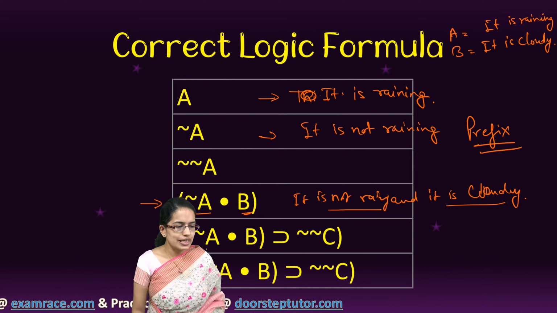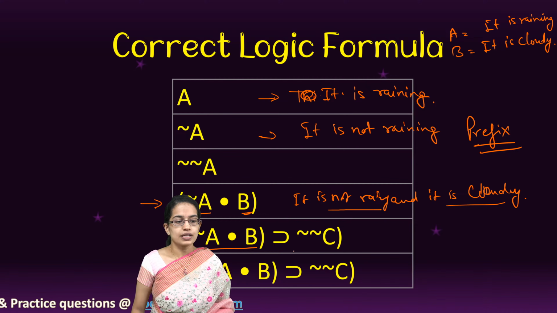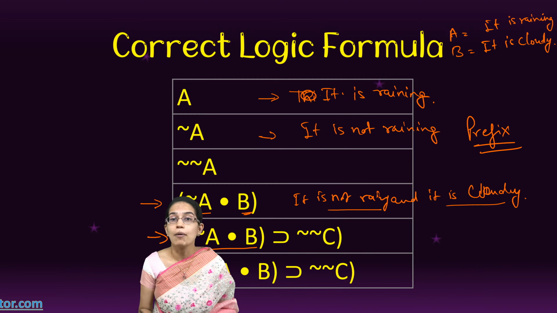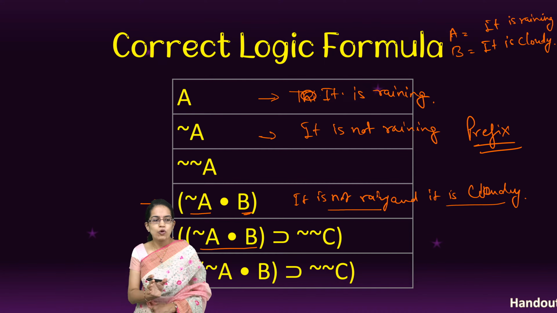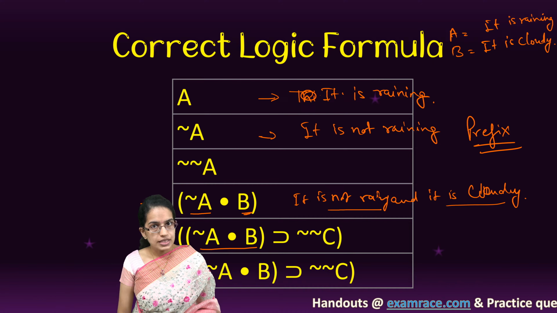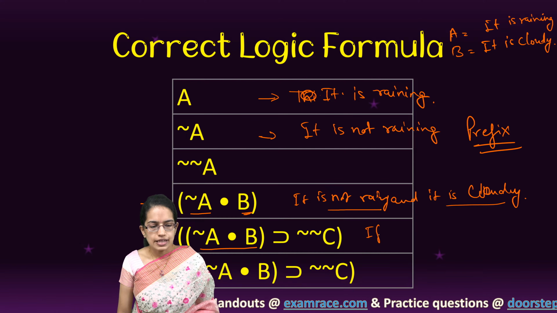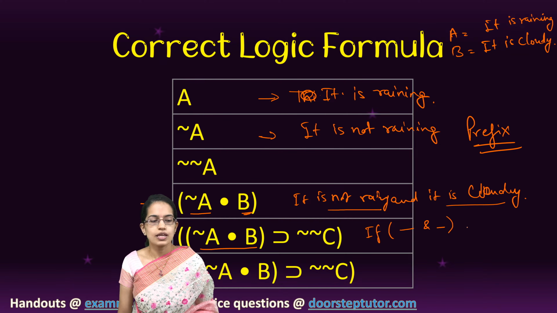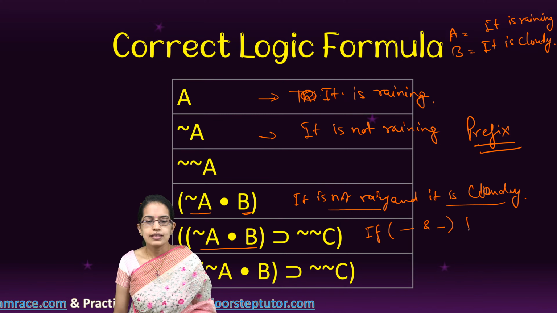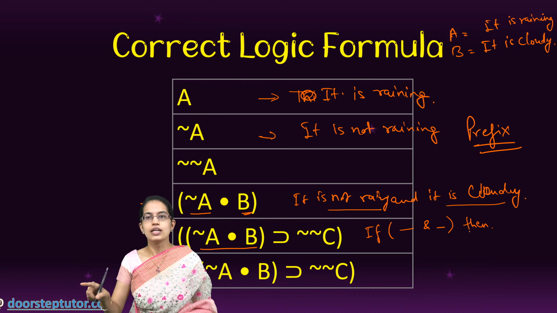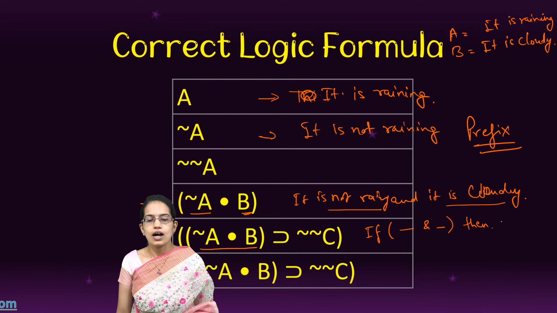Okay, the next one is the same statement as before. Now this is an example of a compound proposition. Before this statement, I am connecting it to an if-then statement. So before this I write, if it is raining and it is cloudy, then I am saying not of C. Okay, so then I say it is not